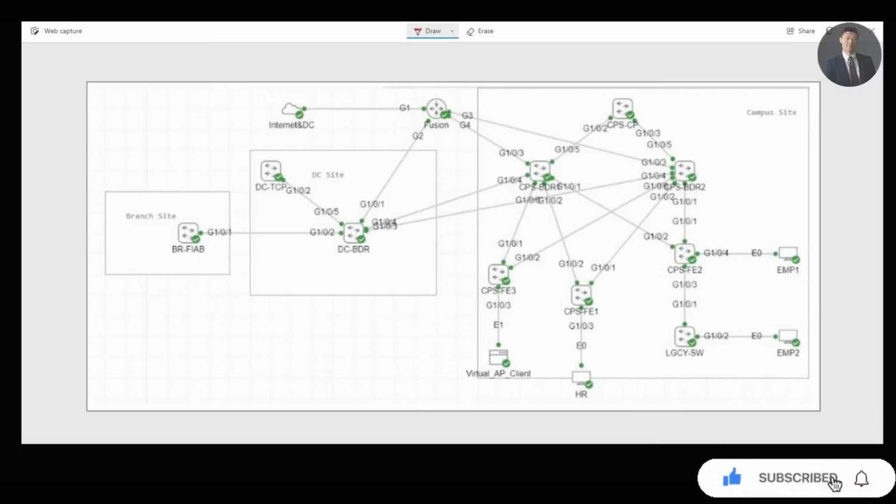Any managed Cisco switch or third-party switch connected to the Fabric edge device via the trunk link is used to communicate through the Fabric. The traditional VLAN ID, part of a non-Fabric environment, is added to the Fabric using L2 VNI